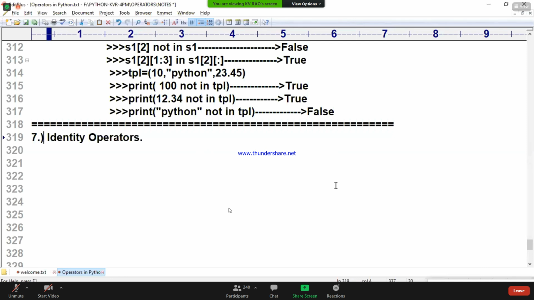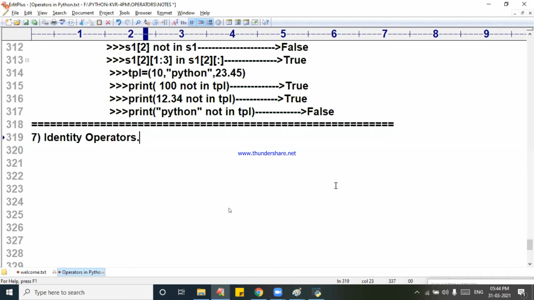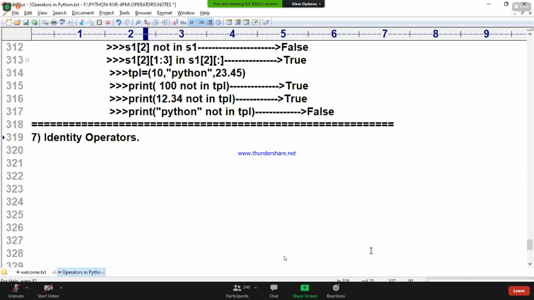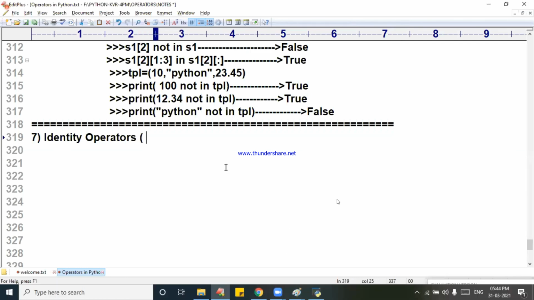Right, done. So identity operators are, look at, I just want to test your English. Identity operators are here. Membership operators are what? In, not in. Identity operators are is. What is the opposite of is?